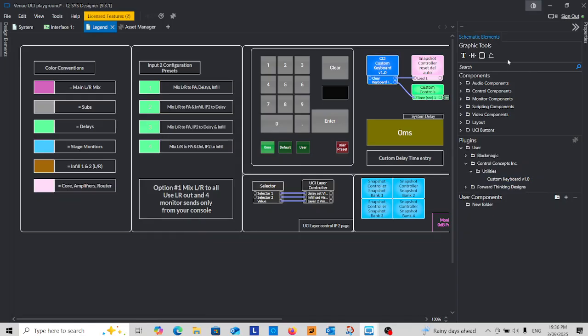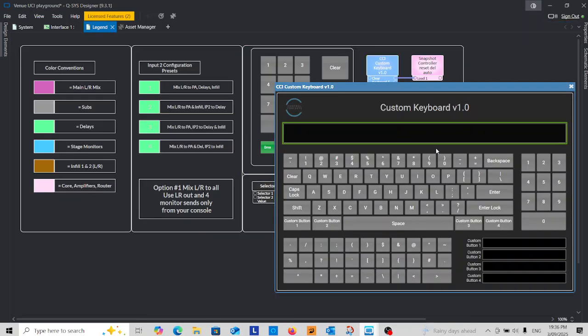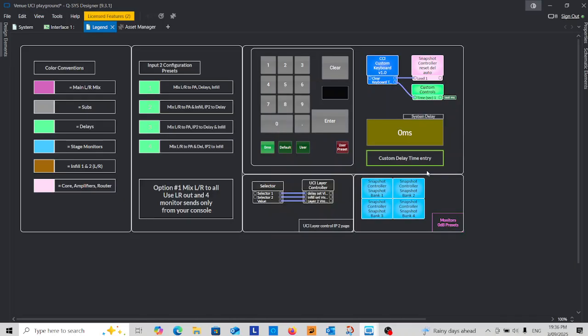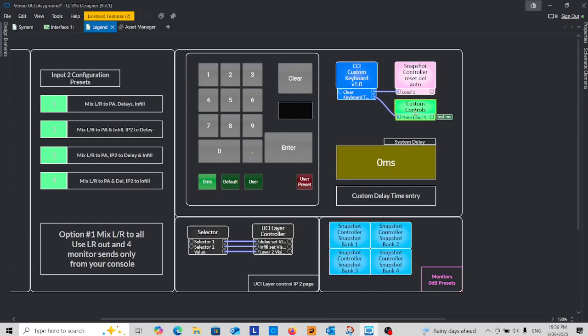So you pull it out, it looks like this, and when you open it up, you got this whole keyboard here. I grabbed out these numerical keys, the decimal point, the enter and the clear key from that, and arranged them like this. And this is the logic. This is all it is to do it. This custom control here is sending to my range limited